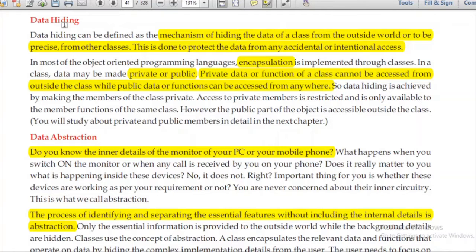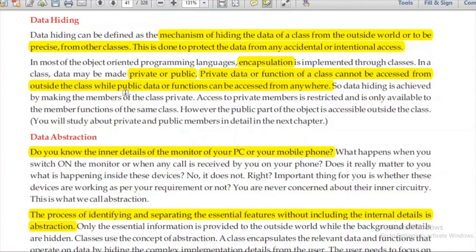We can also provide some keywords. If you study Java or classes in Python, it is not in your syllabus, I'm just giving you an idea. There are two access modifiers. Access modifiers mean whether you want to keep that data public or private. If you assign your data as private, it cannot be accessed outside the class. It is applicable for both data and functions.